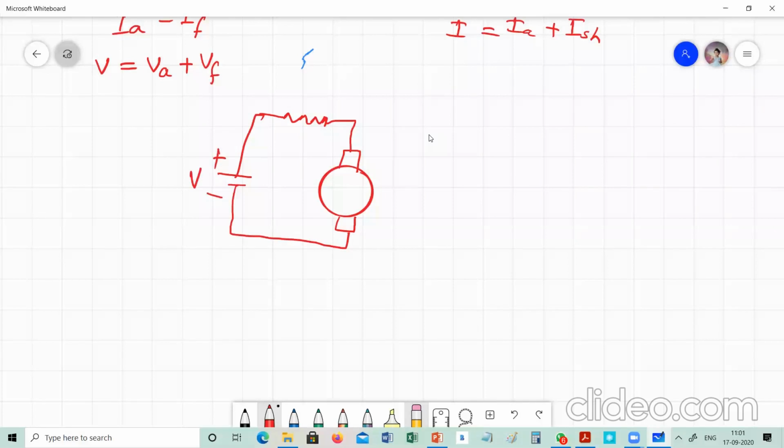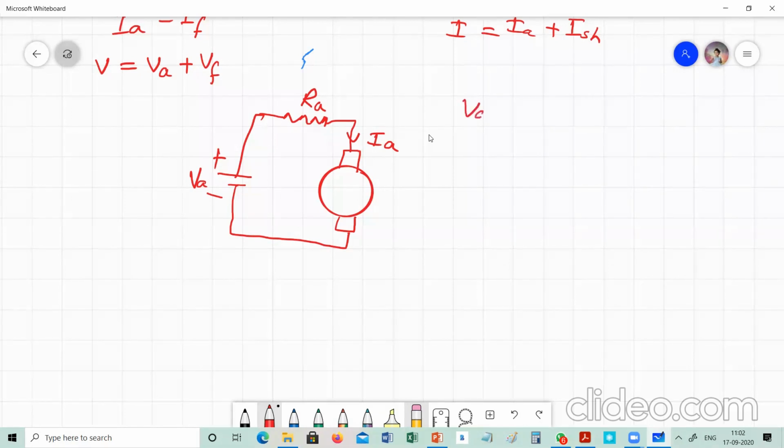We can use the symbol V or VA. This is the armature voltage VA, meaning the voltage available across the armature. This is the resistance of the armature, that is RA, and the current flowing through the armature is IA. So the voltage equation will be